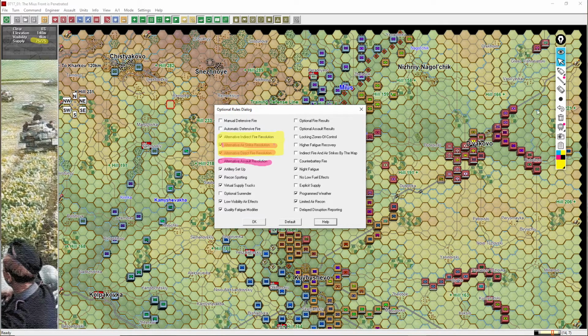And the one I always play with off is this one, alternative assault resolution. I get the idea behind it. I think the theory is sound, but there are some major problems with it. What it does is any assault that attacks a hard target will use the hard attack value,